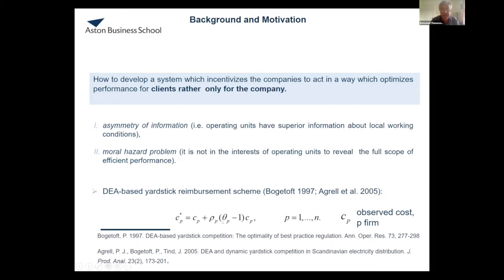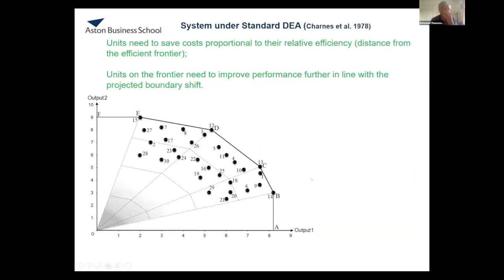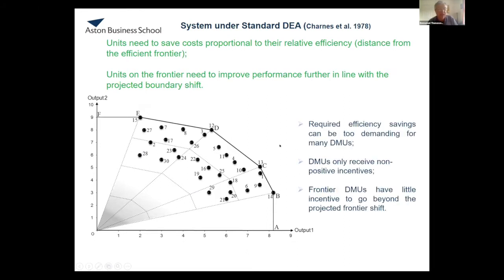So you'd be asking 20% efficiency savings. However, what they are suggesting in order to incentivize companies is that that may not be a very good idea, because what that means is, if you see this graph, for example, where you have the companies delivering two outputs and they're using one input cost, let's say operating expenditure, and this here can be the number of connections you have to the system. If this is, let's say, an electricity delivery system or a water delivery system, and this output,